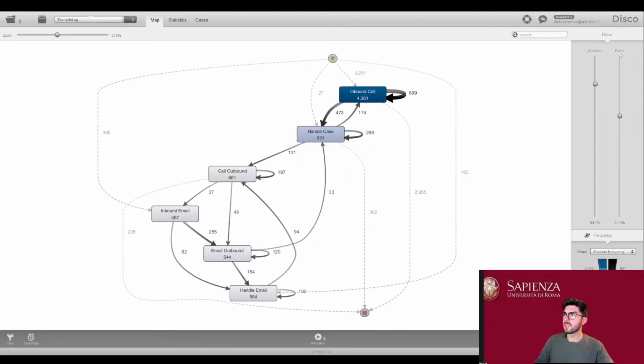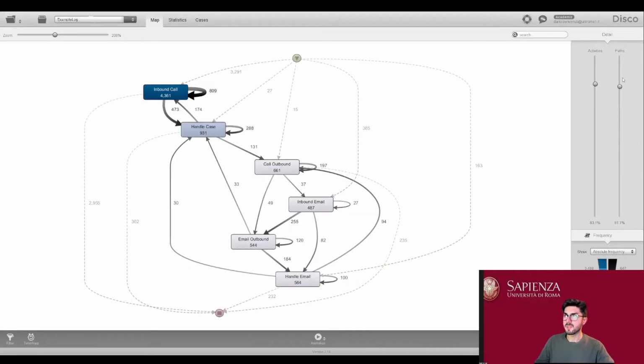For example, here, if we increase the detail of the path slider, you can see that the model becomes more complex. Of course, it's more detailed, it gives us more information, but at the same time it's becoming more complex.